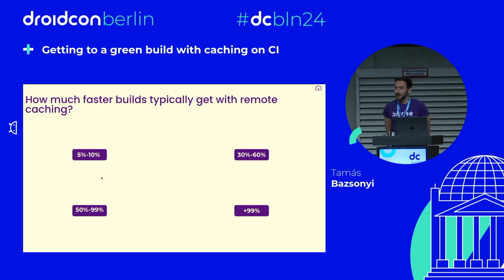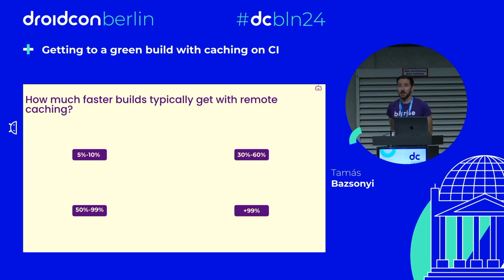So after so much data, let's have another quiz. How much faster do builds typically get with remote caching? So this is not ideal case. This is more like based on the performance improvements that we are seeing with our existing customers and customers who are